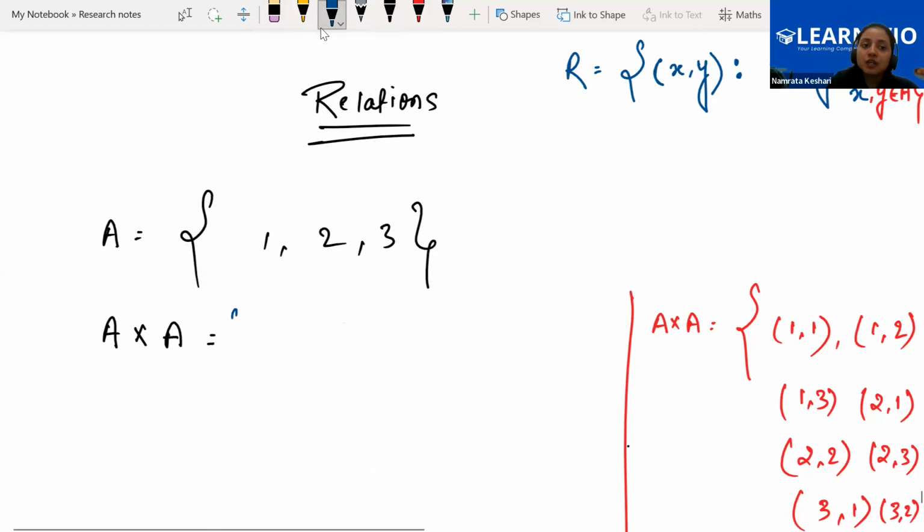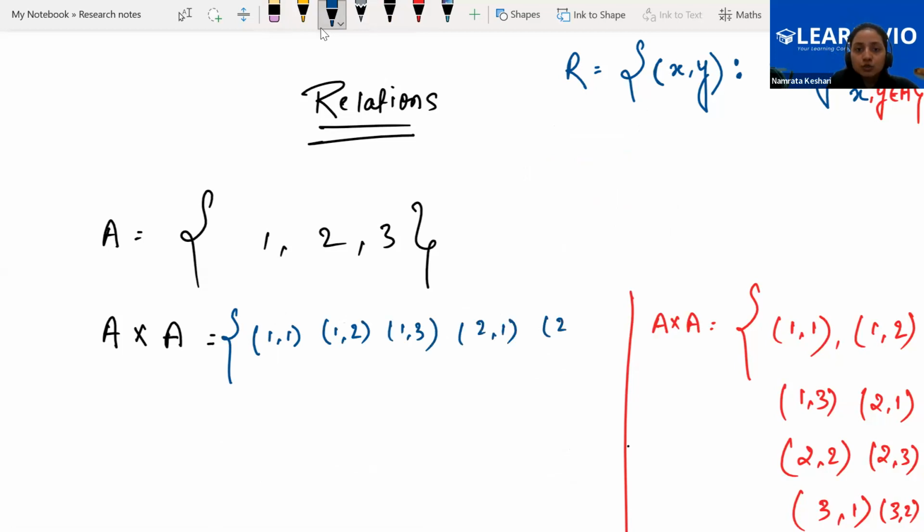That means a relation will be given between two sets. So A cross A, we were having element 1 with 1, 1 with 2, and 1 with 3. Similarly, we were having 2 with 1, 2 with 2, 2 with 3. Similarly, we were having 3 with 1, 3 with 2, and 3 with 3. This is what we were having when we listed down the Cartesian product, all the possible ordered pairs. Now the relation is defined as